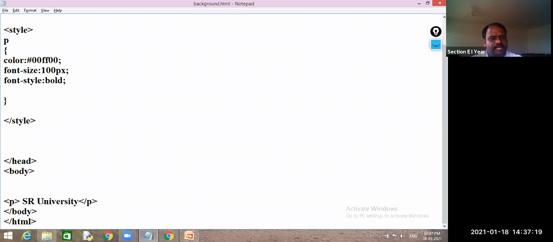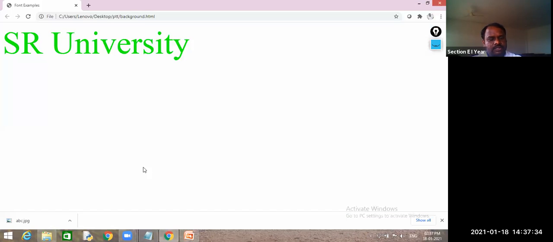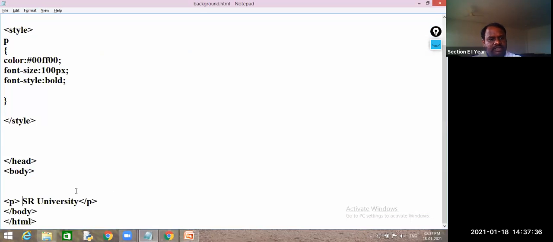But at the end of the day, I want to change all these characters to uppercase letters. Then you go for font variant. You need to assign the value as small caps. So let us check whether it will apply or not.